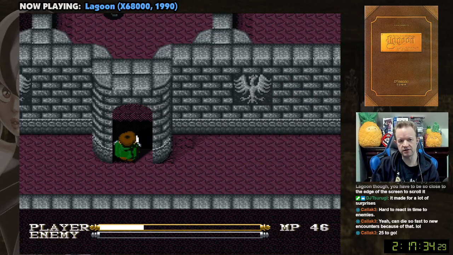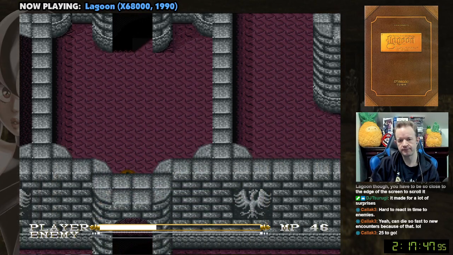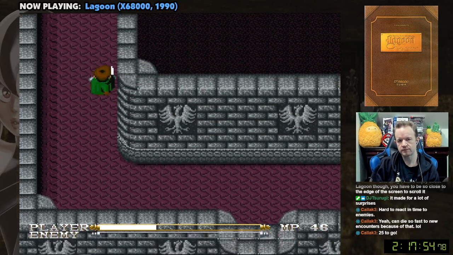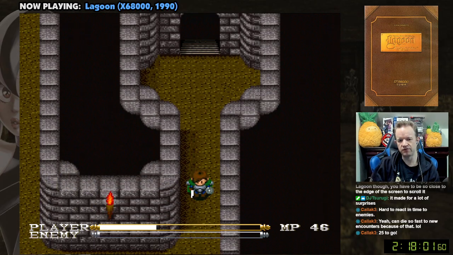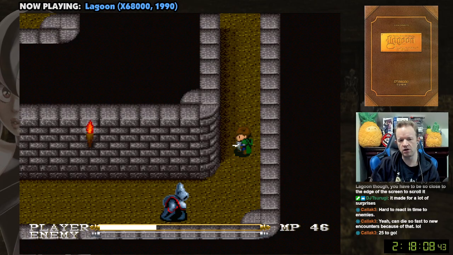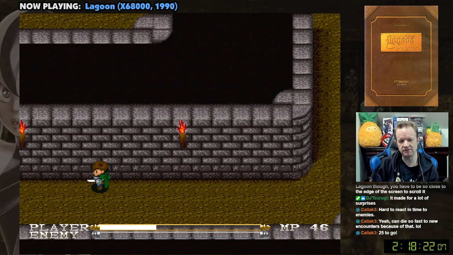I believe there were more stairs over here. Let's see if these stairs go someplace good. Basement floor. What are these enemies? Oh, whoa. Should I be afraid? I can kill them, though. How much experience do they give? But we just saved, so...